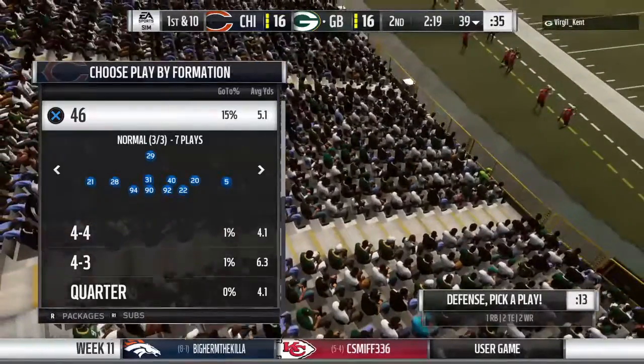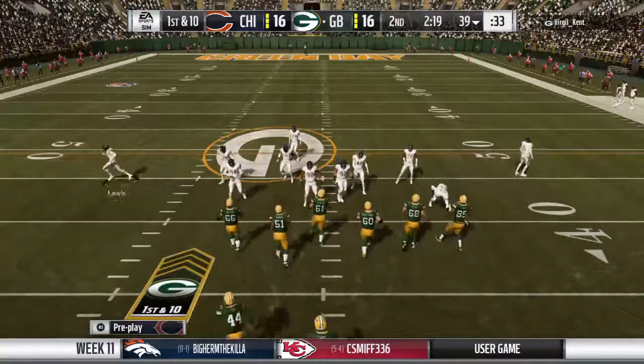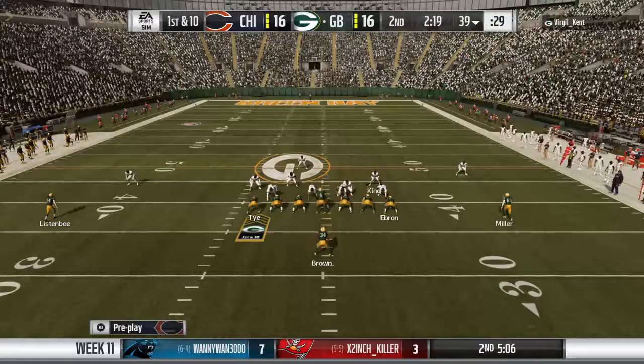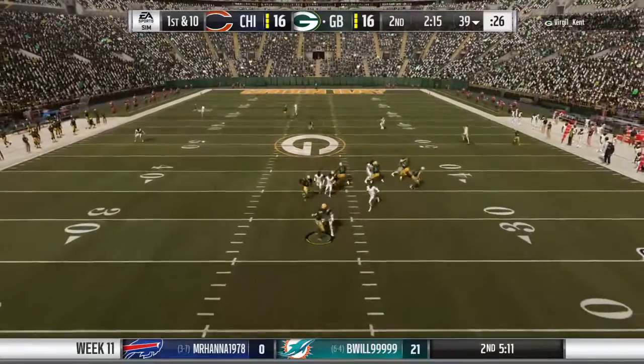And following the interception, just any interception, are you a little bit more cautious when you start that next drive, or no, you just throw that out the window? I think you are. I don't think there's any way you can run back out there and go, totally didn't affect me. Let's just go ahead and be loose with the football again. You're going to take care of it, but you have to be...